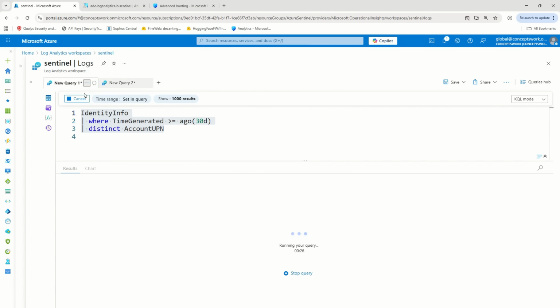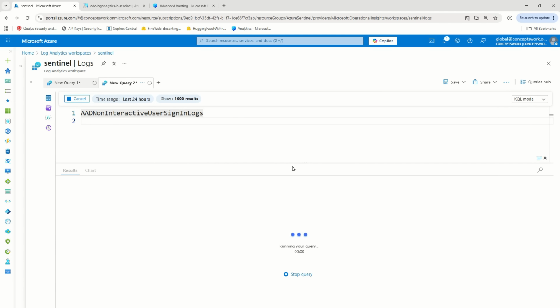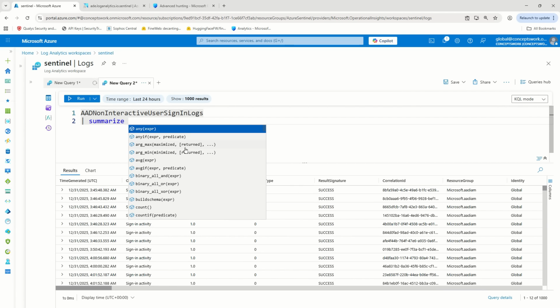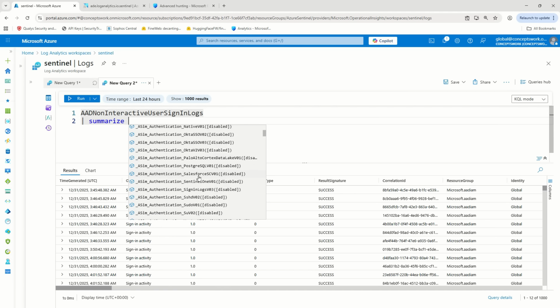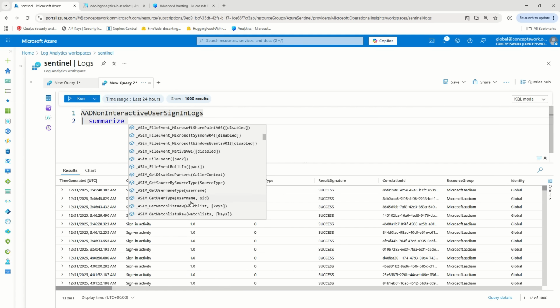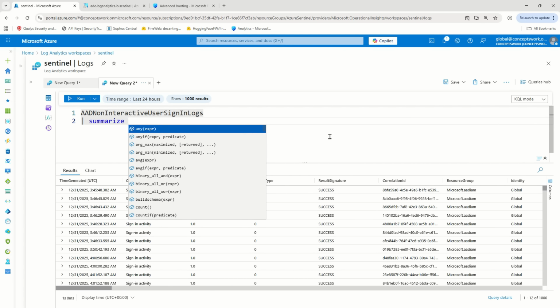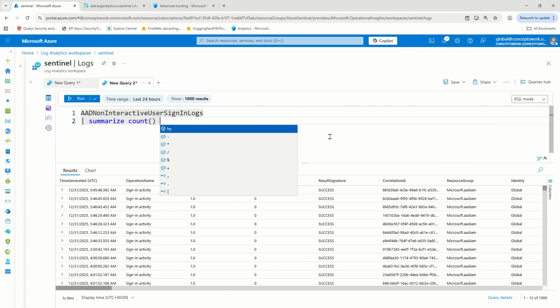That's fine. I've initiated this particular query, and the moment I type pipe and type summarize, you can see what all different values I'm getting over here. Now, for all obvious reasons, it's not possible to cover all of them, but I'll try to cover the majority of them when we talk about aggregators in a lot more detail. But just to begin with, I'm typing summarize and then another operator, which is count. And I want to know the count by app